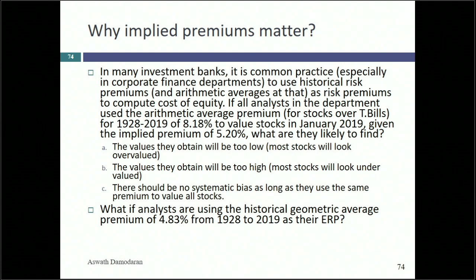So this has happened to me in an investment bank, so I'll play out how this splits. I go to an investment bank, I do my implied equity risk premium, let's say it's 5.2%. And the banker says, oh, it doesn't matter. We use a very different number, 8.18%, but everybody in the bank uses 8.18%. At least we're being consistent. Tell me what's going to happen to the valuations of companies in